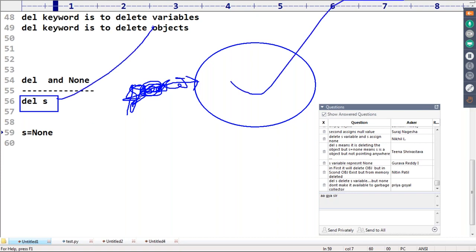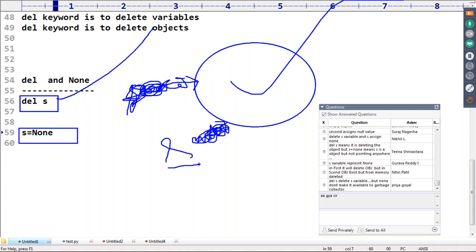This is the first scenario, right? Now, s is no more, you can't use s. But s is equal to None: assume that s is pointed to an object like this. If I take s is equal to None, what it means is, this link is just gone. s is available, but it is no longer pointed to any object.